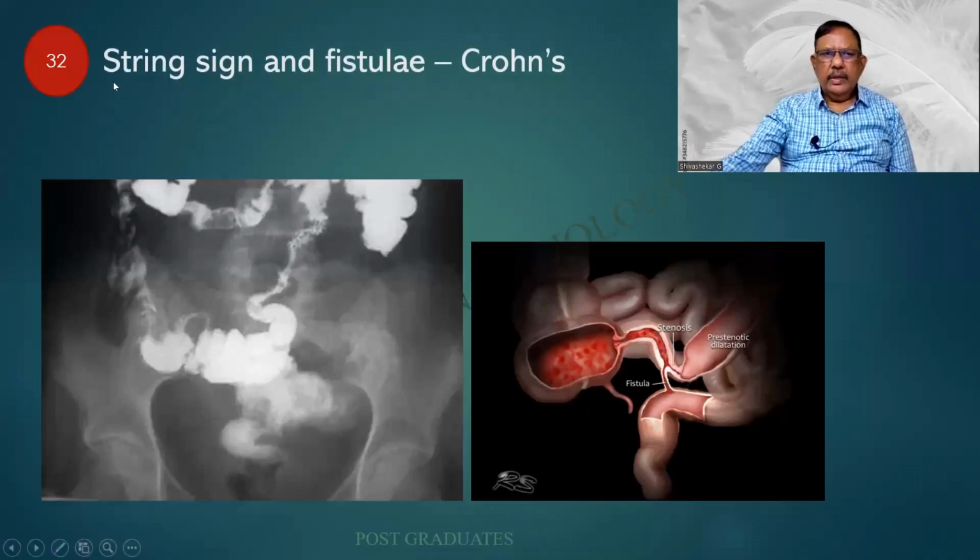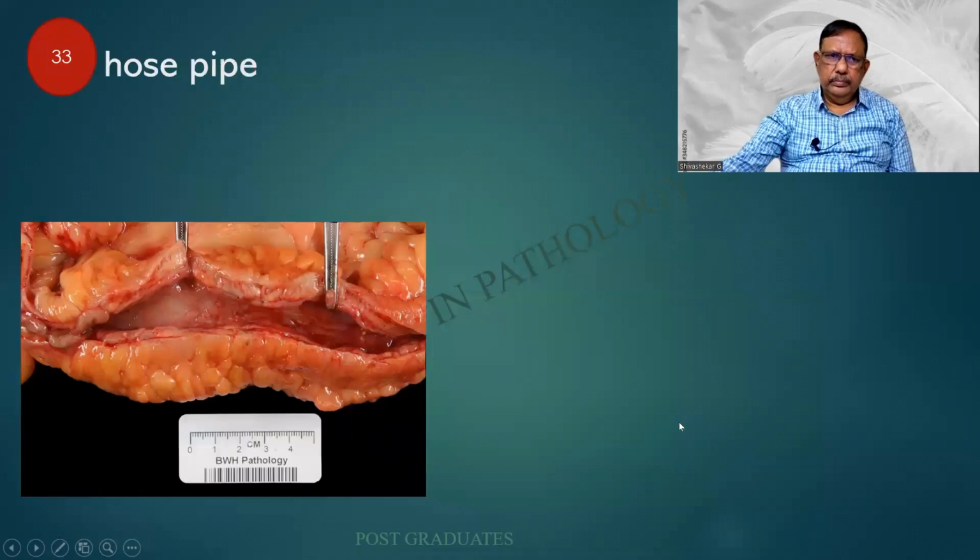So this is the classical string sign that is there. You find that there will be a lead pipe rigidity, there can be narrowing. There are again alternate areas of normal bowel. As a result of which, when you give an alternate contrast X-ray, you find that there will be an area of narrowing called the string sign. One thing it can be prone for will be the formation of a fistula. This we have already explained to you people, the classical process.